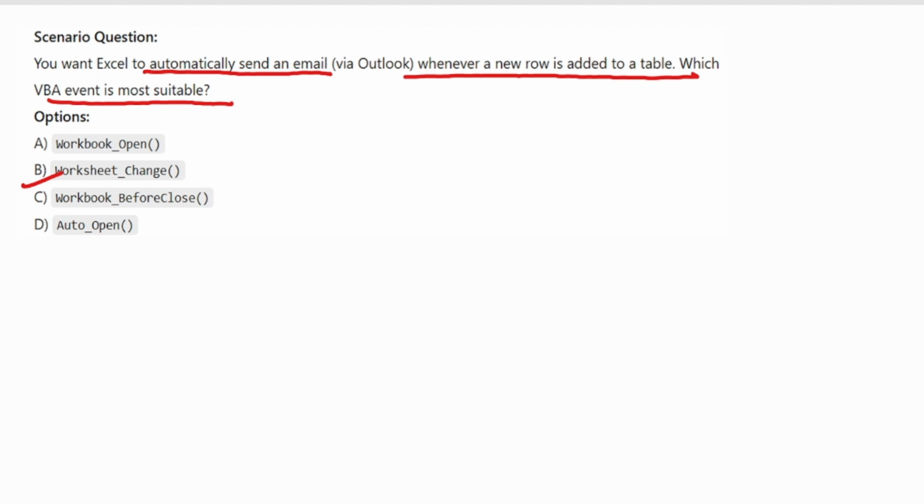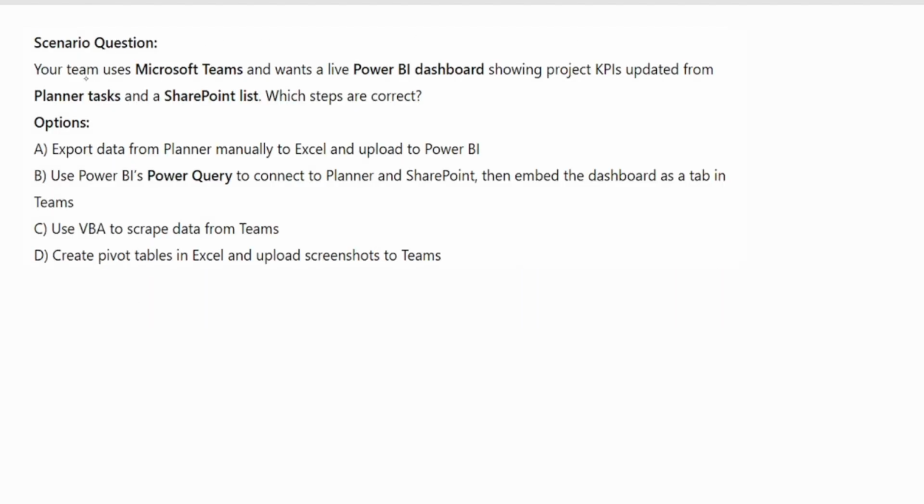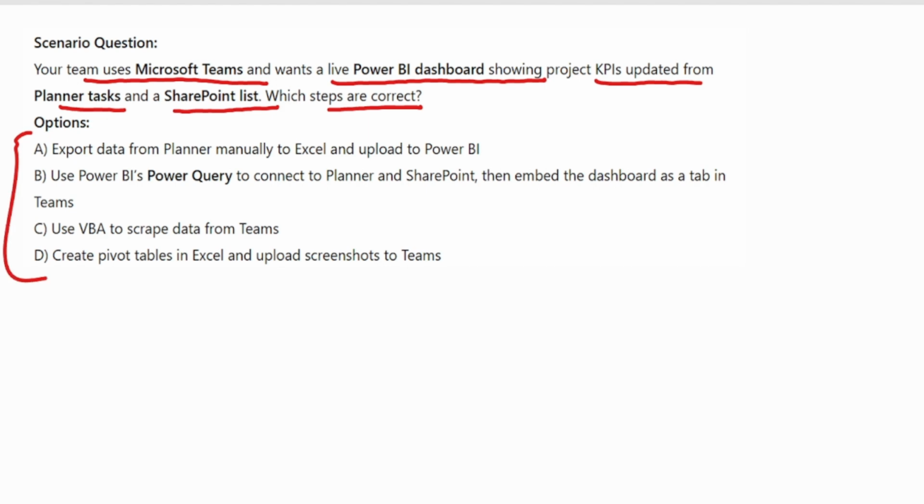Now move to the next question. Your team is using Microsoft Teams and wants a live Power BI dashboard showing project KPI updates from a Planner task and a SharePoint list. Which step is correct? So the correct step here is option number B. We use Power BI Power Query to connect Planner and SharePoint, and then embed the dashboard as a tab in Teams.